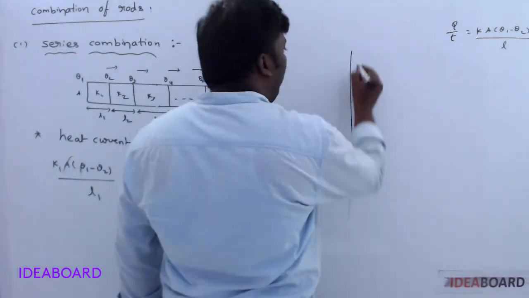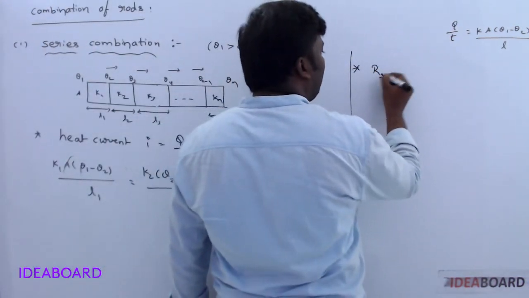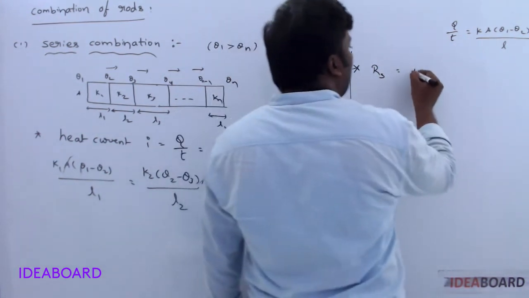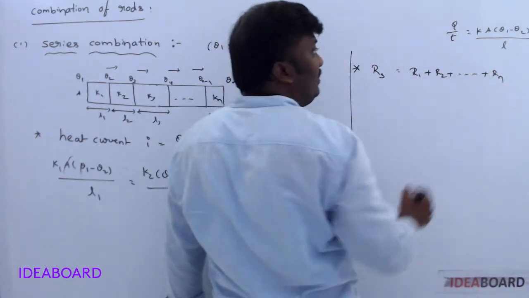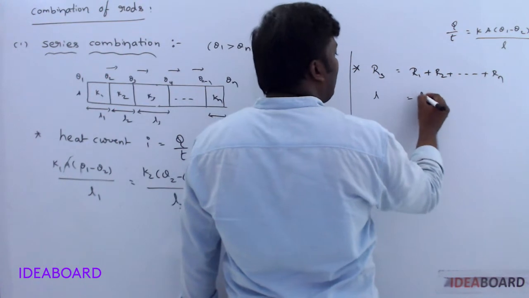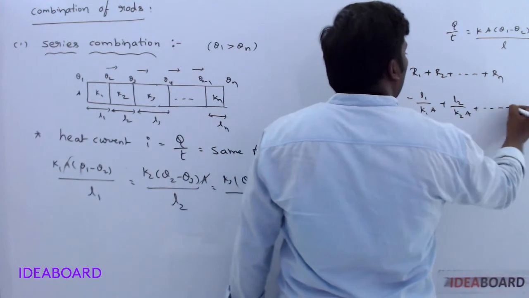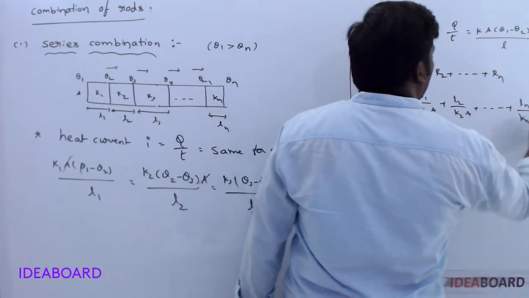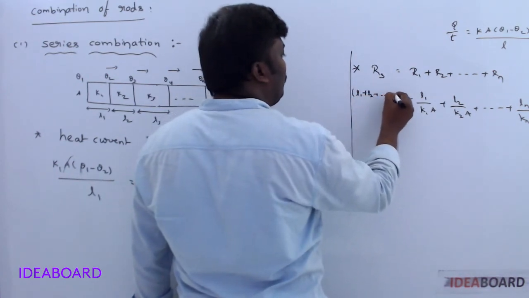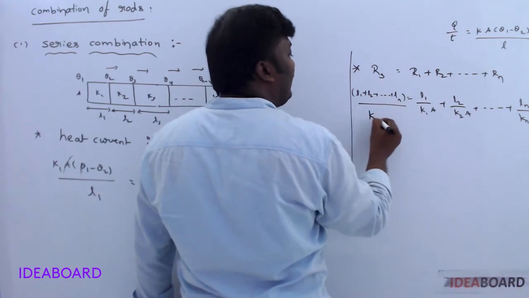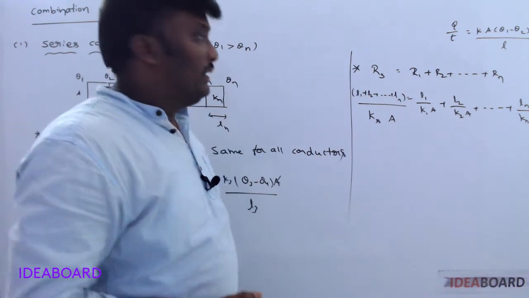Second one, we know in series combination the effective resistance formula Rs. The formula for Rs in series combination is R1 plus R2 plus so on Rn. The formula for R, now only we said, is L by KA. So this is L1 by K1A, this is L2 by K2A, this is Ln by KnA. Now here the total length of the combination is L1 plus L2 plus so on Ln, by KsA. Ks is the effective coefficient of thermal conductivity.